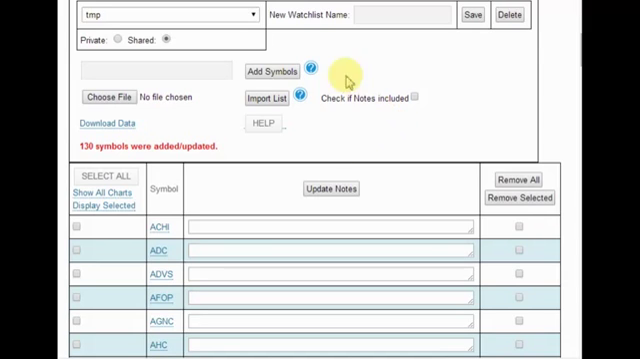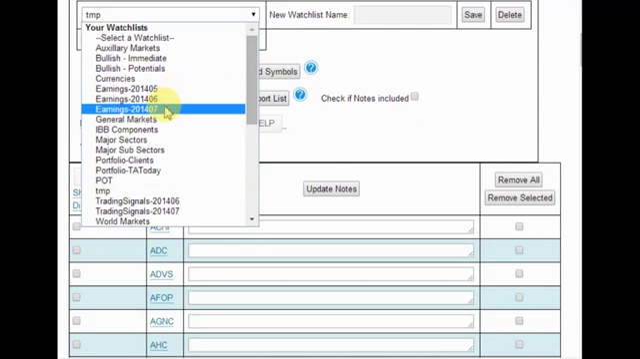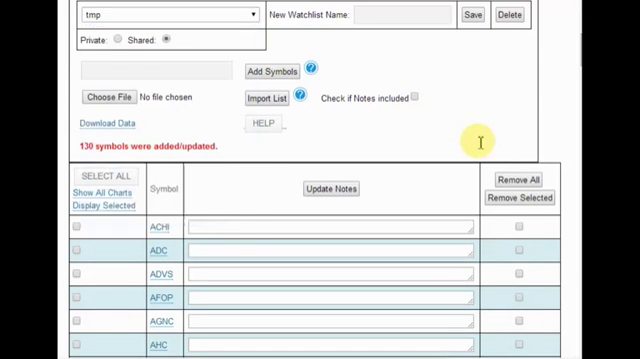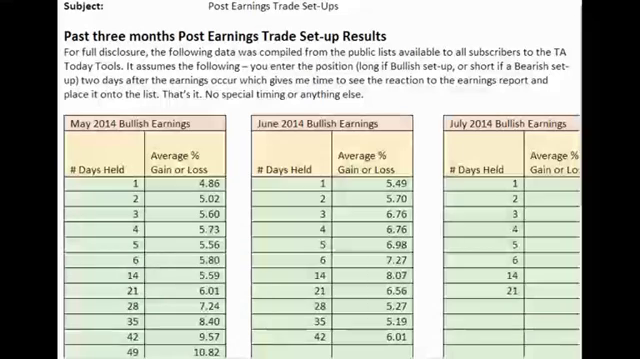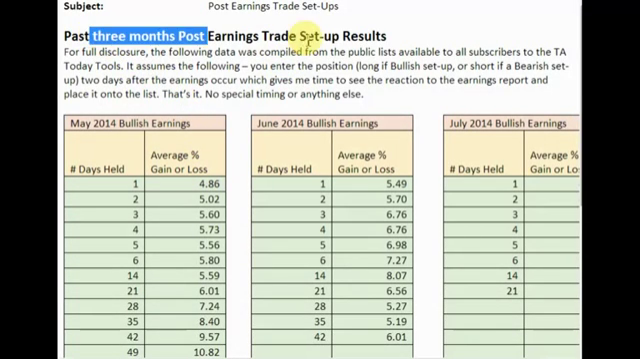I'll add those to the watch list. Well, where do they get added? They get added to these earnings watch lists that are shared for all members of TA Today. And I'm not talking about just a registered user, but a member, a paying member of the site, someone who has access to the TA Today tools. Why is it valuable? Well, because of those earnings, if you look at the past 3 months,